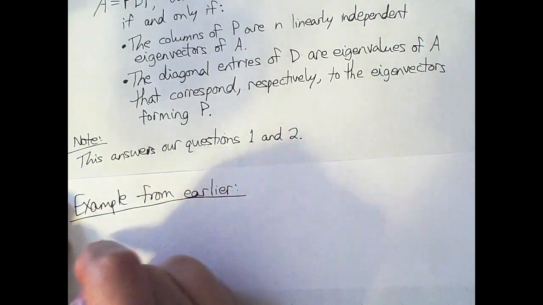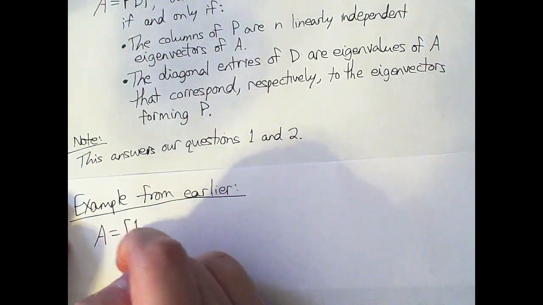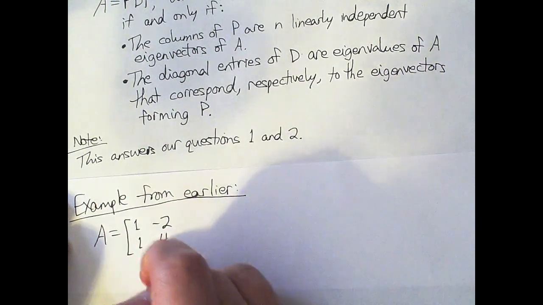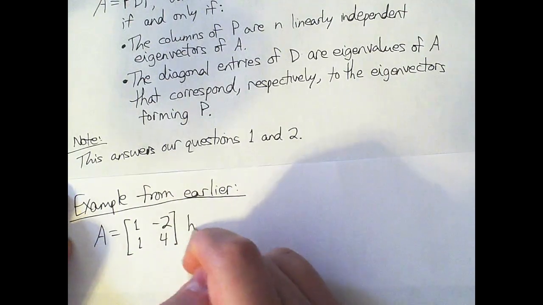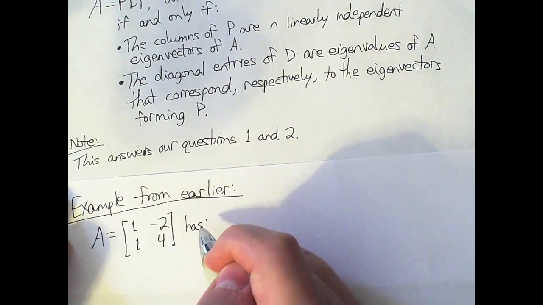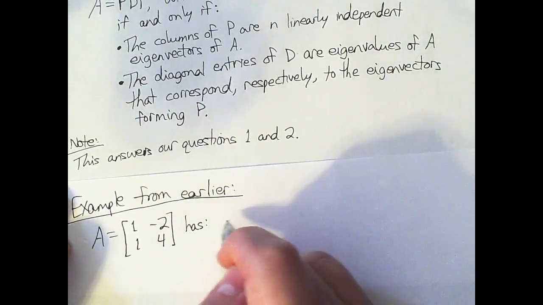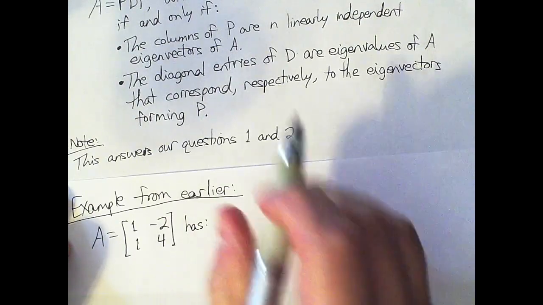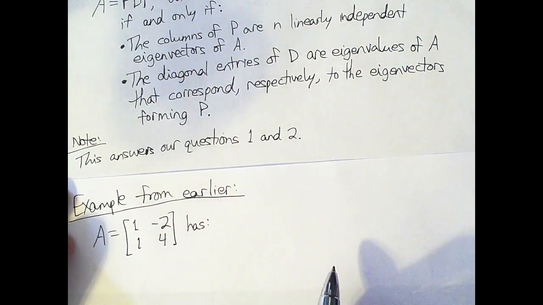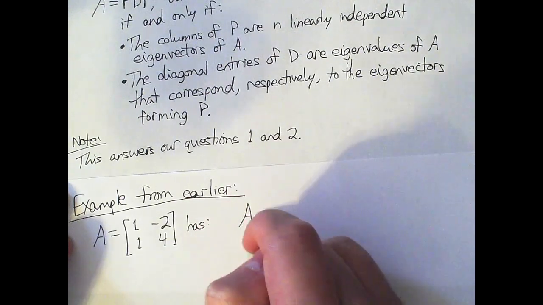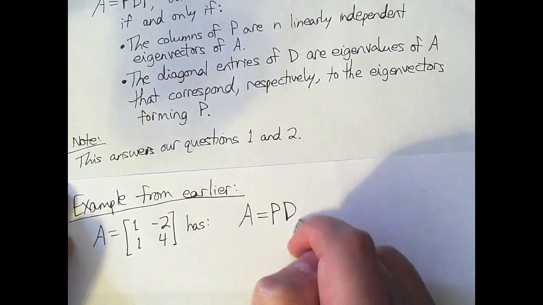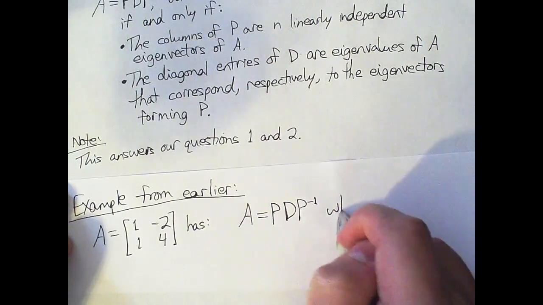So A equals 1, -2, 1, 4. I don't need to actually rewrite the eigenvector and eigenvalue. We just pointed to them up there on that previous page. So I'm going to say that it has A equals P D P inverse, where